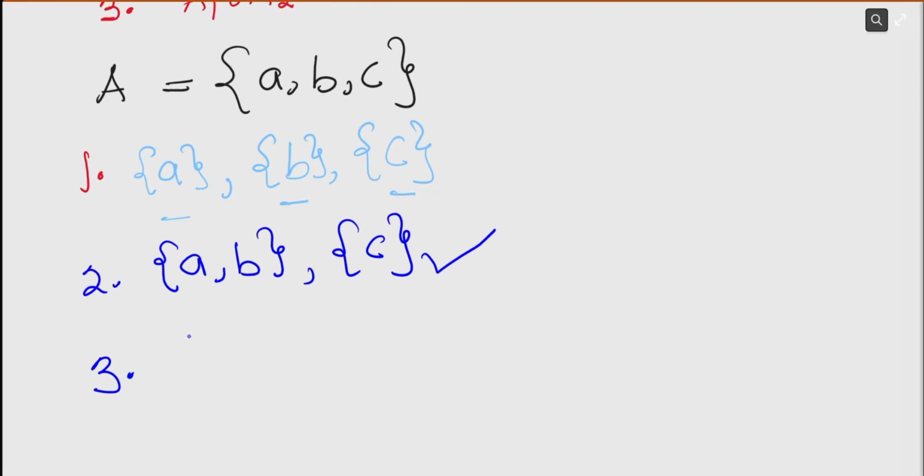Another one we can do is that we can take {a, c} and {b}. This is also another partition